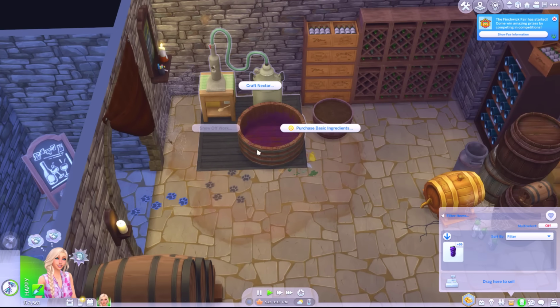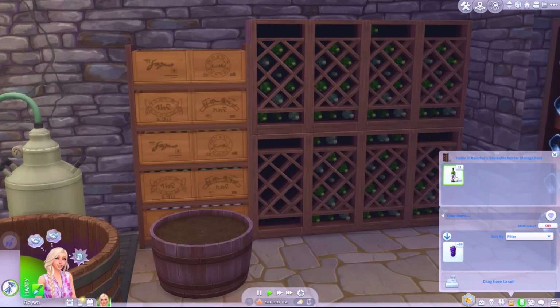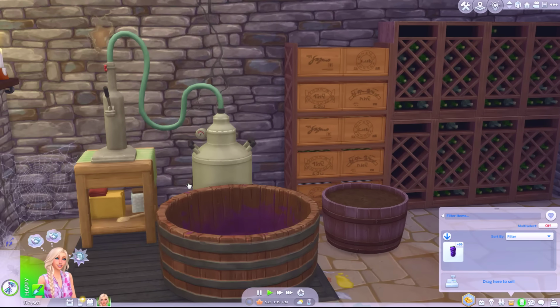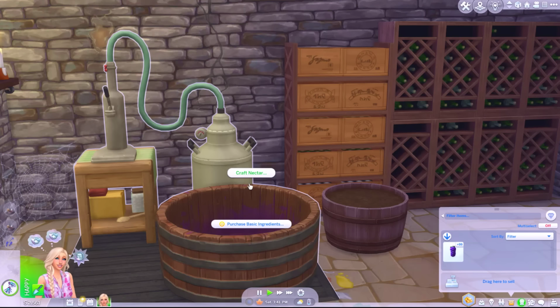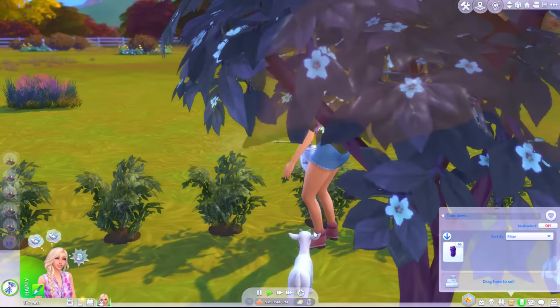Okay, let's get down and make some nectar. I'm guessing none of you are finely aged. No, still moderately aged, but that's okay. That's fine. It is what it is. It's fine. I'll queue up crafting some nectar, and then I will use what money I do have to see what we can do with the living room,